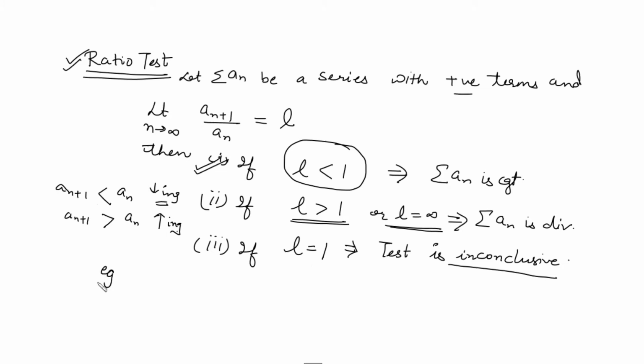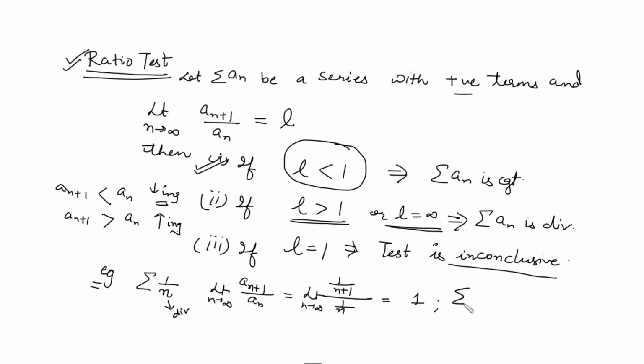Now just see with the help of an example. Let's suppose we have to check the behavior of the series 1 by n using this ratio test. Now what is the limit of the ratio of the n plus 1th and nth term as n approaches infinity? It will be 1 over n plus 1 divided by 1 over n. When you find the limit as n goes to infinity, it will be 1. When you take n common, it cancels out and you get 1, right? So this ratio is 1, and we know by the P series test that this series is divergent.